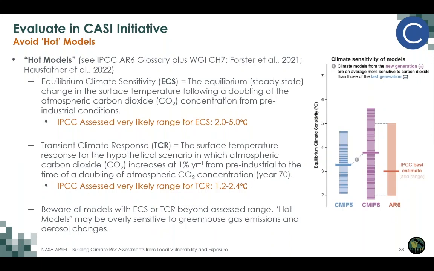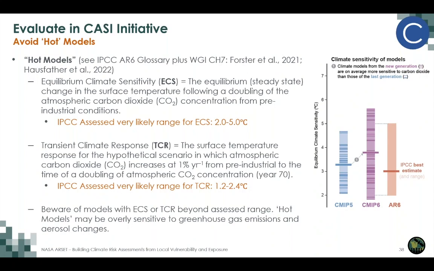the non-equilibrium year-by-year progression of warming to a steady or a steadily increasing amount of greenhouse gases. You can see here defined as the warming rate when you have a 1% increase year over year in atmospheric CO2 concentrations. And what we see here is that the transient climate response was assessed by the IPCC to be between 1.2 and 2.4 degrees Celsius. So this gives us two metrics about the overall equilibrium change and the transient change in